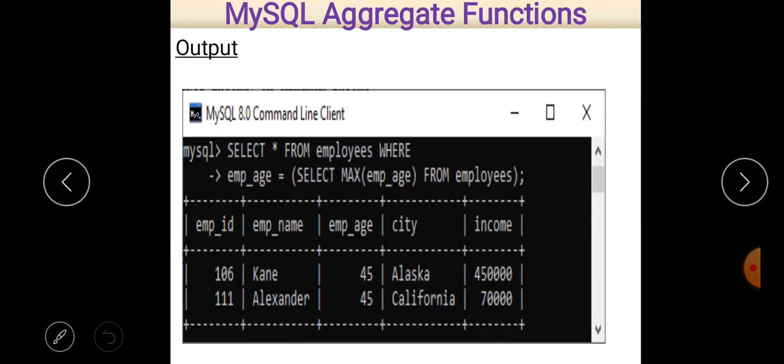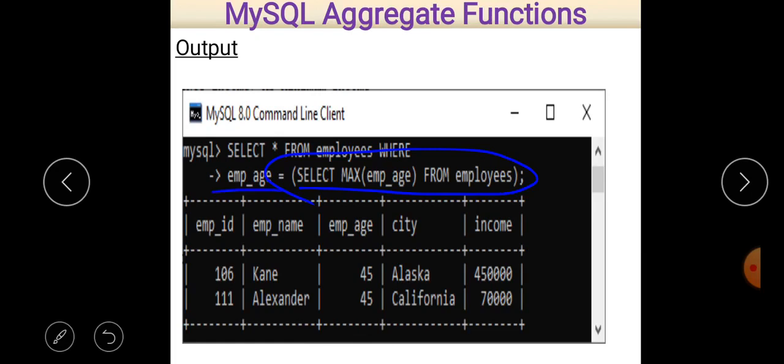You can easily see that first of all this part is going to be executed, the statement select maximum employee age from employee. So first of all, in table employees the maximum age should be found, and whatever is the maximum age of an employee, that is to be assigned to employee_age.